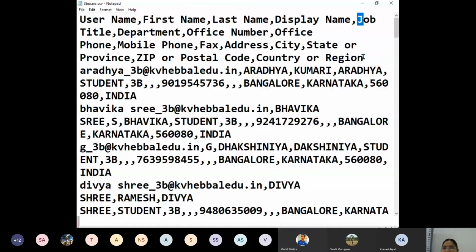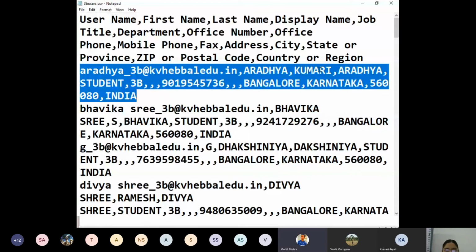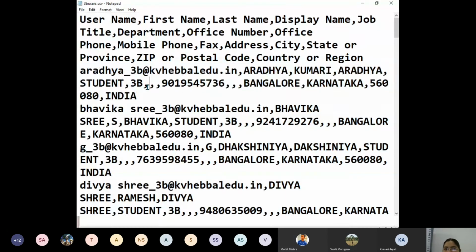After the last field there is no comma. Then the next record starts. So this is username, then first name, then last name, then display name, then job title, then department is not filled. That means that is a null value, isn't it? So there is one more value here, and for that reason the comma is there. One more value, blank, nothing we filled. Then it is a phone number. Then fax is not entered, so fax is blank. Then address. So that way you can see.